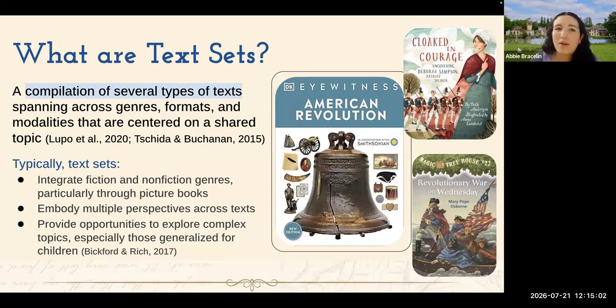It's really complex. Now, I'm not saying that you need to delve into all of these big details that point to all these complexities and things that would not be appropriate for a younger student. But I am saying that if you find certain texts that address these things and are a little bit more specific in different perspectives, it can really help support their knowledge, and provide concrete examples of what it was like back then, using primary sources as well. So that is a little bit of a background on text sets, but we'll talk a little bit more about that in a minute.